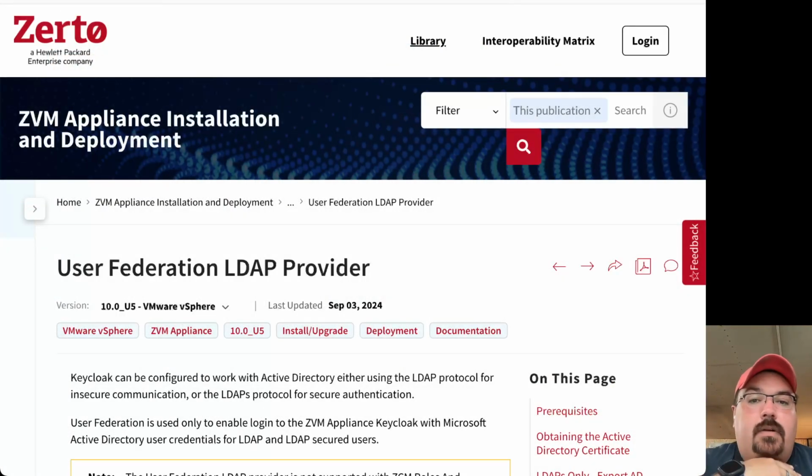So Zerto has a document out on help.zerto.com. I will put a link to it down in the comments. And basically, all we're going to do is follow this document. Starting in 10.0 U4, the development team did a lot of work to basically make this as easy as possible without fully recreating